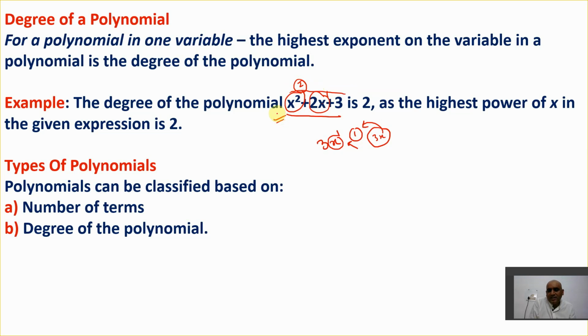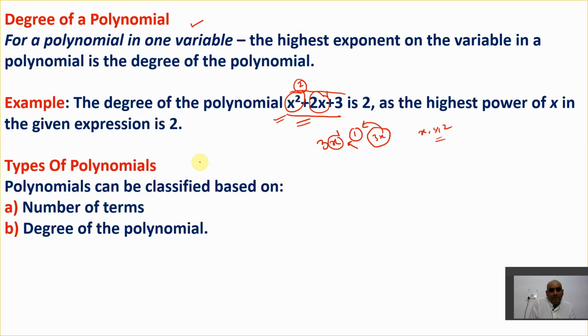So degree is nothing but the highest power on the variable. Now the variable can be anything: it can be x, y or z. But here in this equation only one variable is there, that is variable x. The whole equation was in that variable, right? I hope you get this point. The concept of degree is very important. Degree is the highest power, or you can say exponent, on the variable in a polynomial. We are learning here about the degree of a polynomial, so that's why I'm telling it in the context of polynomials only.